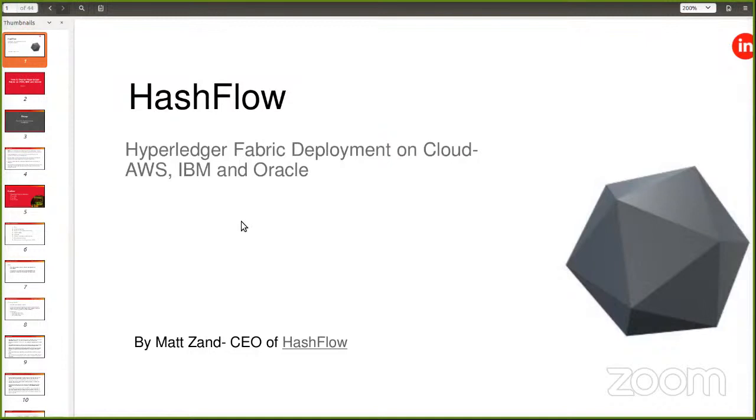I have to tell you that Azure is not supporting blockchain anymore. There used to be a very good platform, Azure, but they shut down their blockchain platform a few months ago. So again,